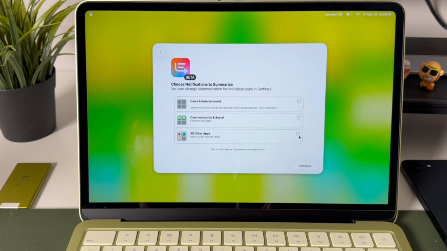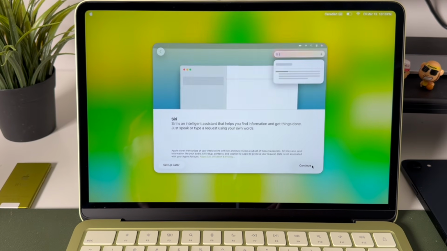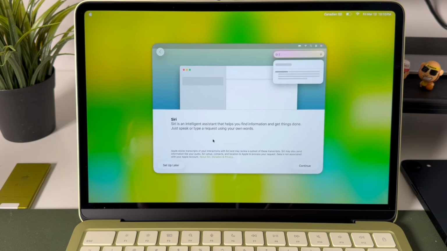So if you want them to summarize it, you can then select them just like this and see it. And for example, in this case, it is telling you that it may change the meaning of the original headlines, so you need to verify that information. It's okay. I always verify anyway. We'll click summarize those specific notifications, and then here you can set up Siri, and it says right here